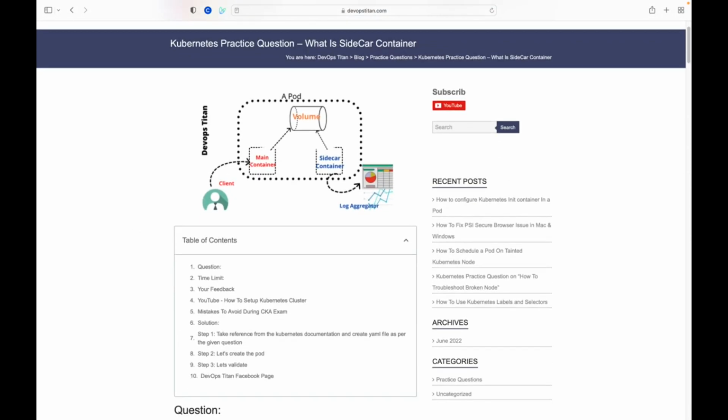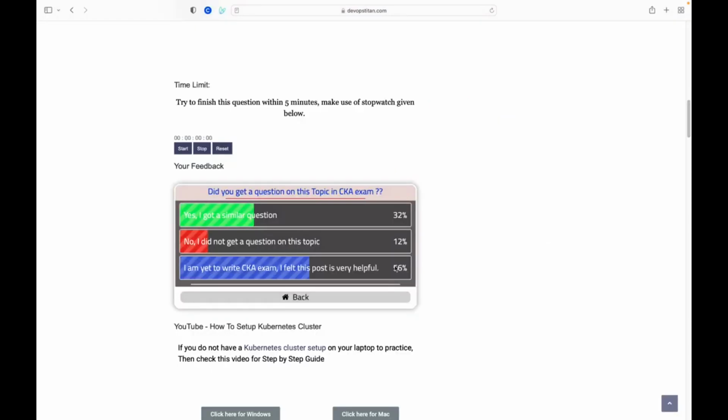Before we deep dive, I would like to give a small piece of information for all those visitors who are not aware of what a sidecar container is, because this is also one of the important topics if you are preparing for your interview. Typically a pod in Kubernetes contains one container, but it is possible